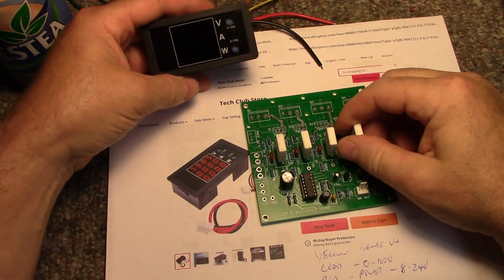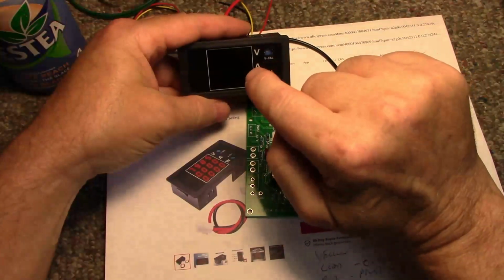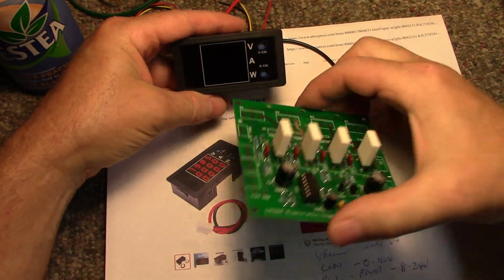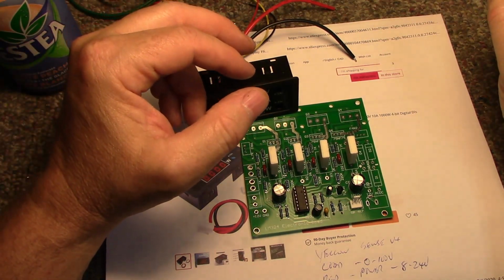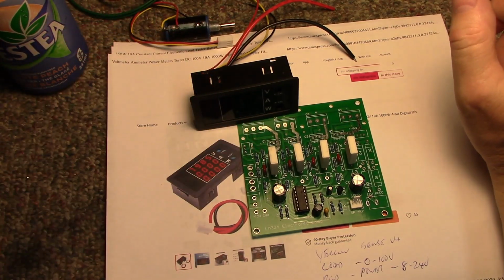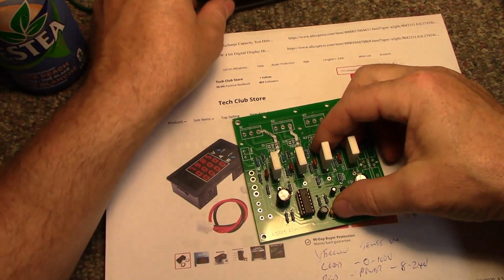So I'll have the electronic load with heat sinking and MOSFETs, and I'll have a volt-amp meter that tells me how many watts is being consumed. Now I want to put this all into an enclosure, and I can't put all of this heat sinking into an enclosure without having some kind of ventilation. So what I've done is I have